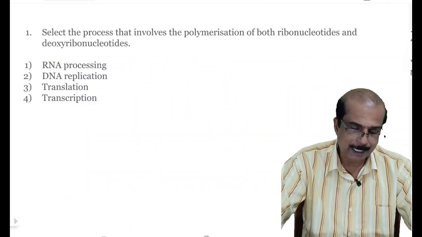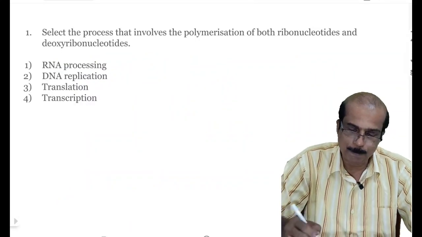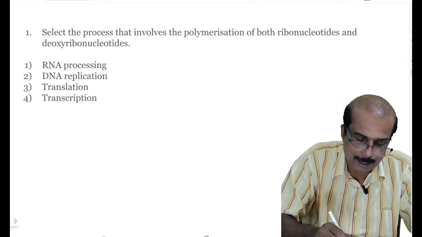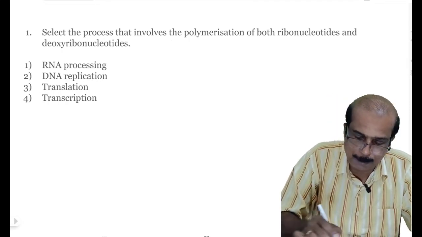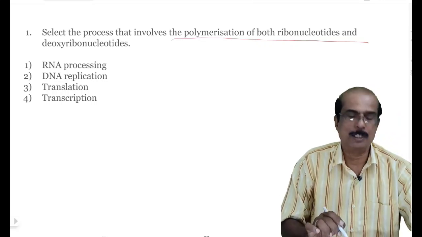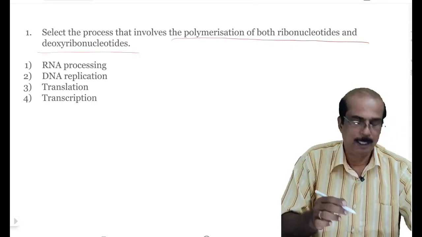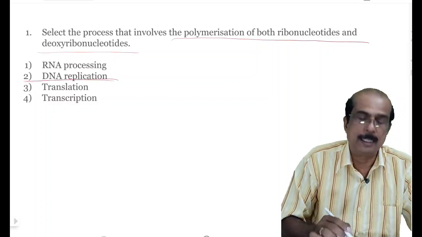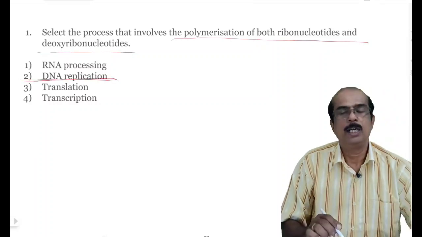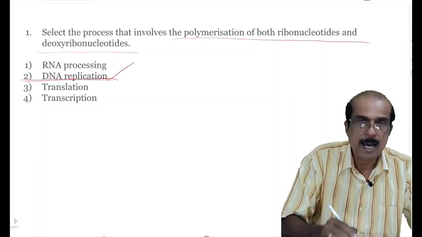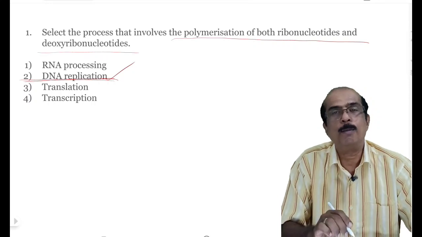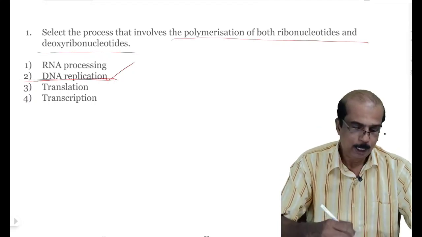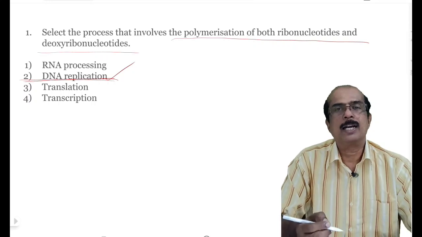First question. Select the process that involves the polymerization of both ribonucleotides and deoxyribonucleotides. Listen, the polymerization of both ribonucleotides and deoxyribonucleotides. If you examine the options, you can easily arrive at the correct answer as DNA replication. During the DNA replication, RNA primer is formed by the polymerization of ribonucleotides and new DNA segments are also formed